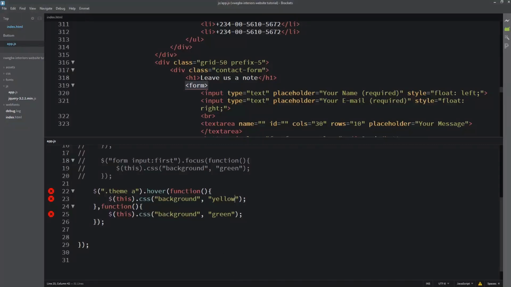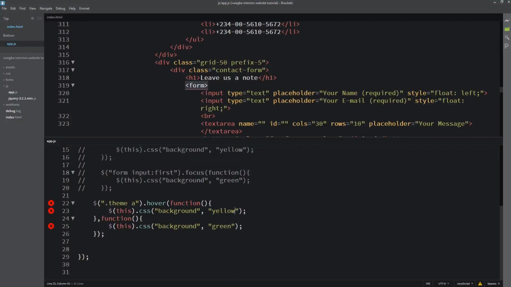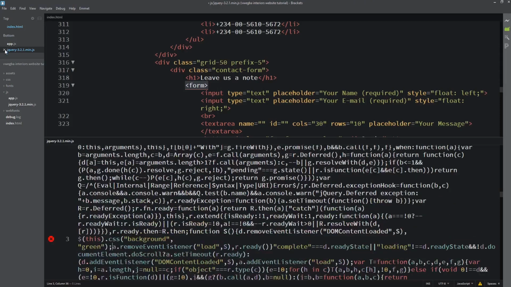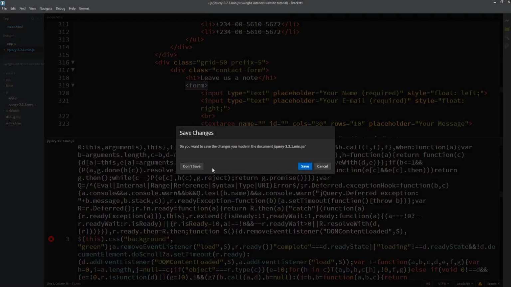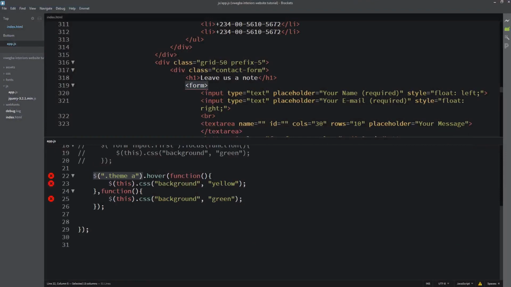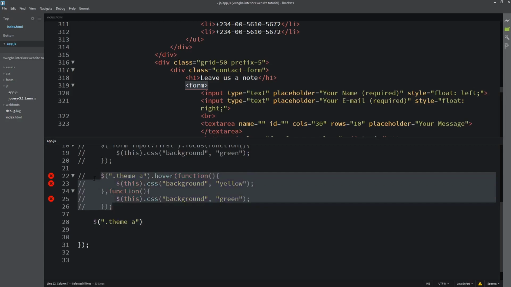So it is the same thing as mouse enter and mouse leave. I'll show you the mouse enter and mouse leave. If we target this anchor tag, I'll comment this hover out.